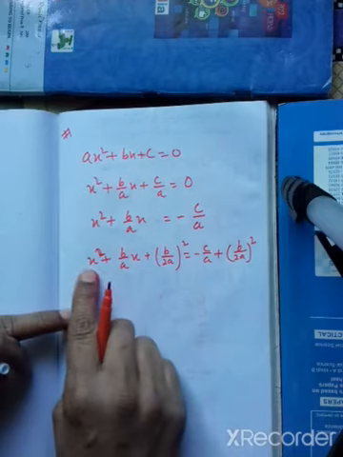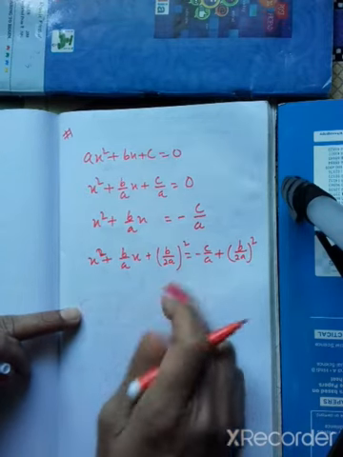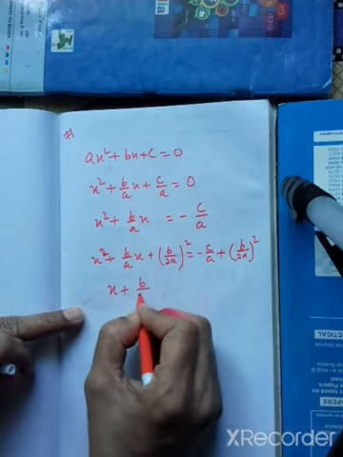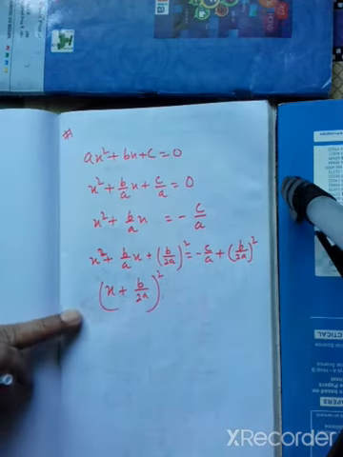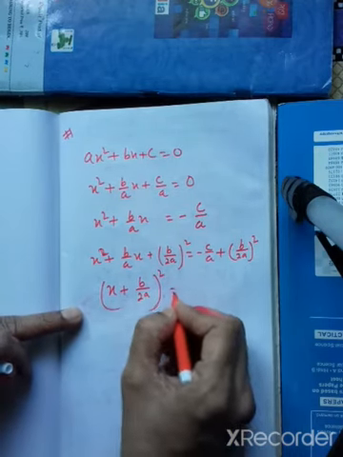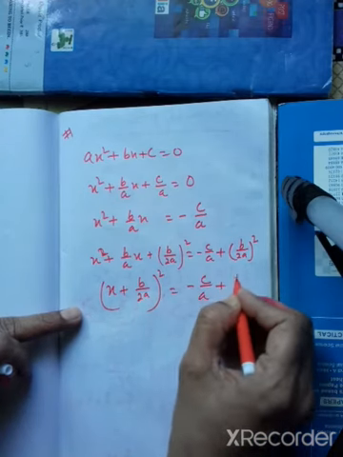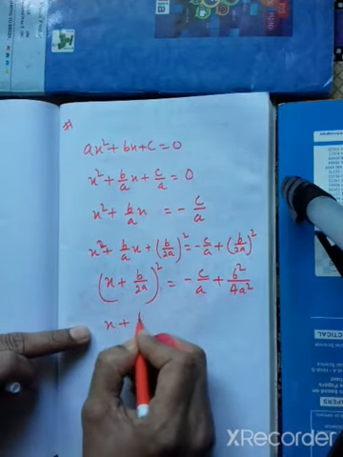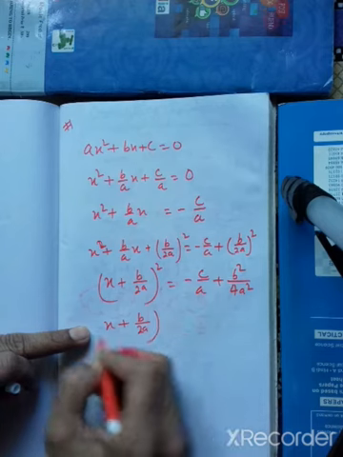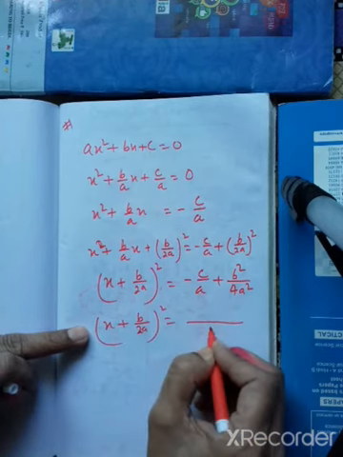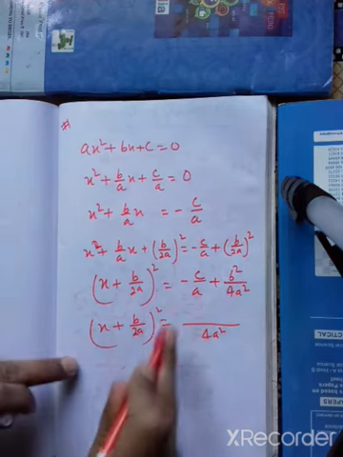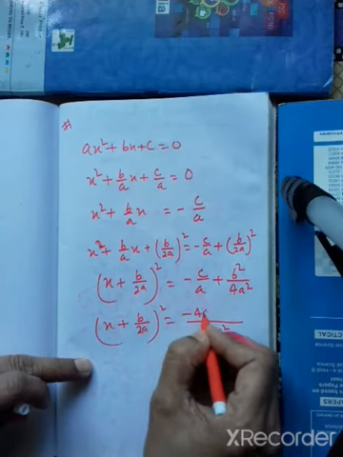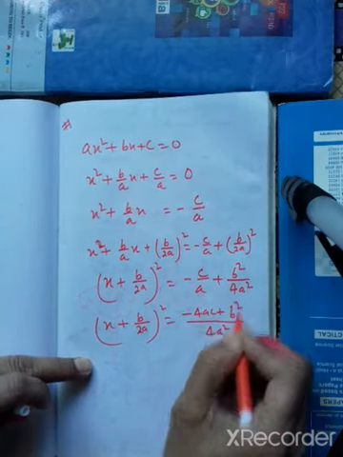Now this side, you see a square plus b square plus 2ab. So this I can write as a plus b whole square, since in the middle term this is a positive sign. If you solve it out, this will come equal to minus c by a plus b square by 4a square. Let us write down the left hand side like this only, and on the right hand side we are going to take the LCM, that is 4a square. When you divide, you will get 4a, and 4a into c is minus 4ac. This is the same, so b square will come here.